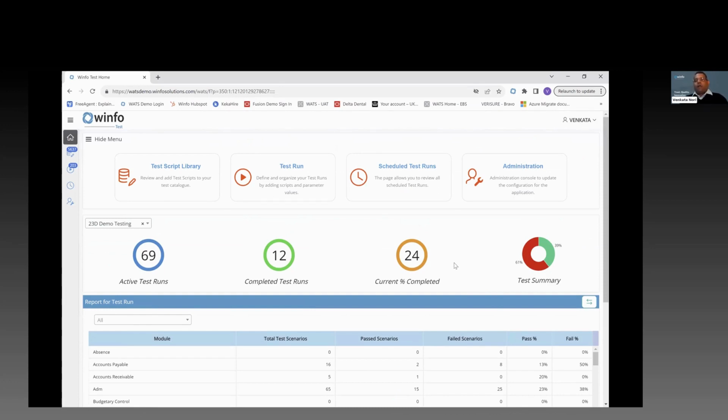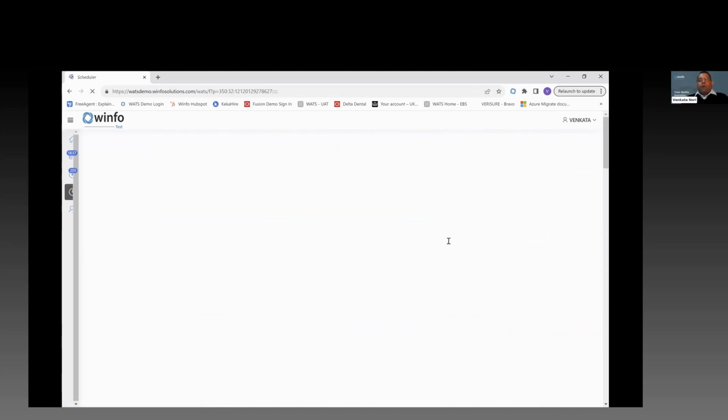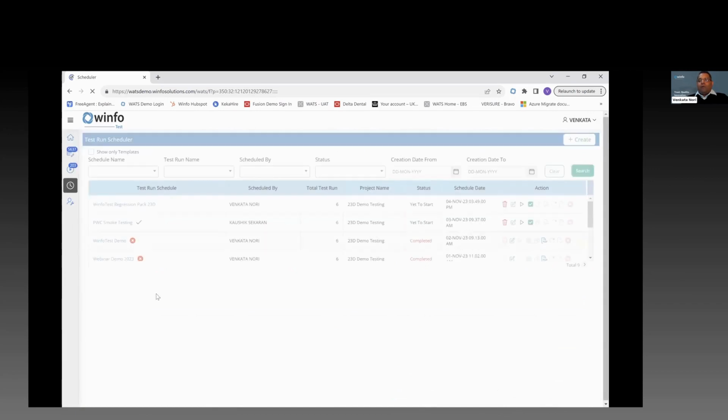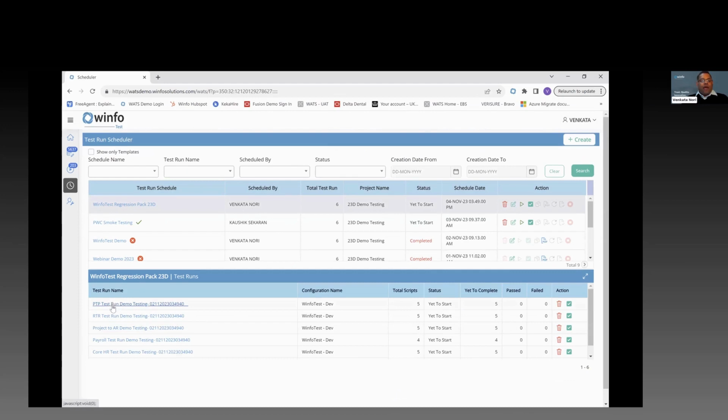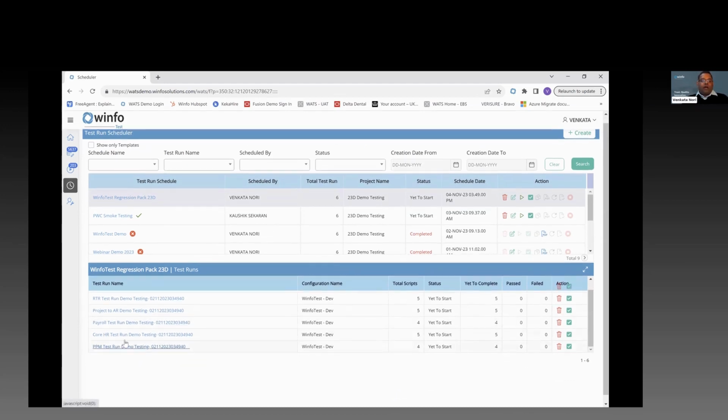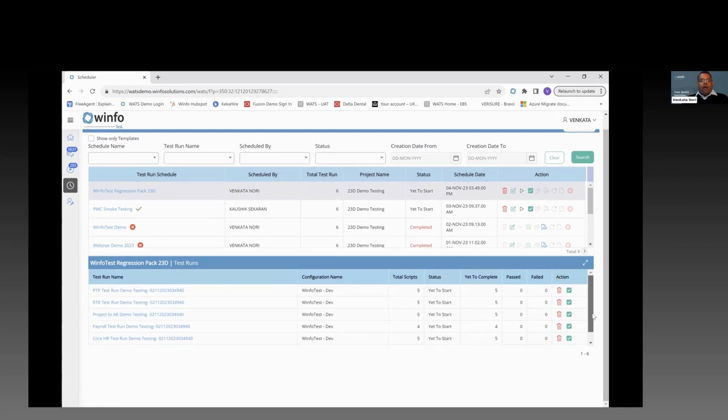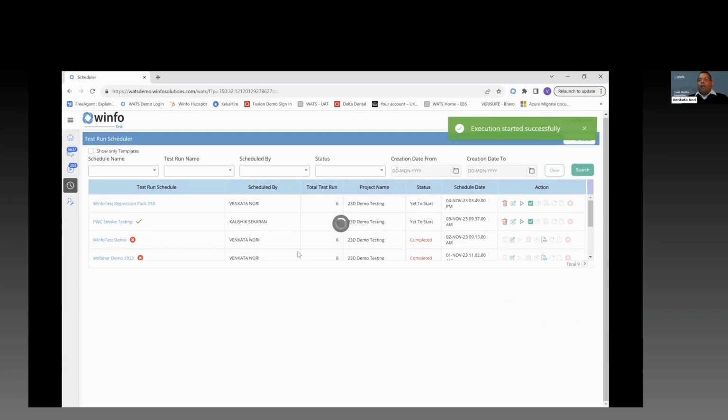So as I promised, I will demonstrate what a click of a button means, right? As part of one-time setup, I will have a test script that's created in this fashion. I have all my P2P, R2R projects, payroll, HR, PPM, all these scripts available here. And we already have the test data created. All I'm going to do is just click this button, and now it's ready to execute. So the moment I click this,